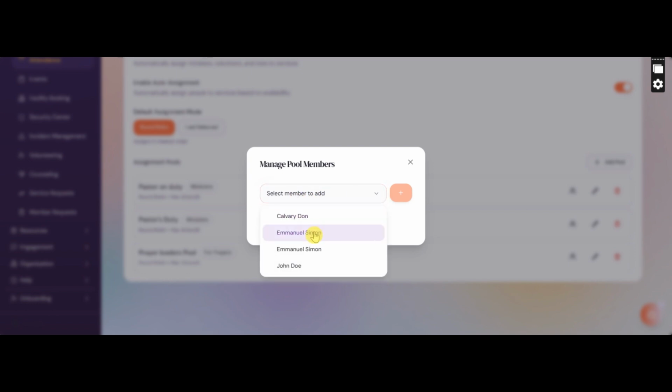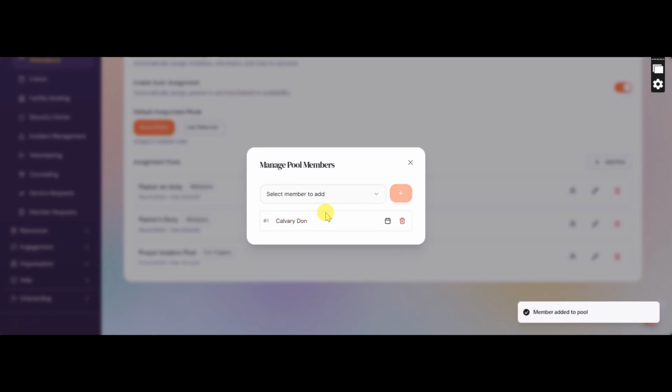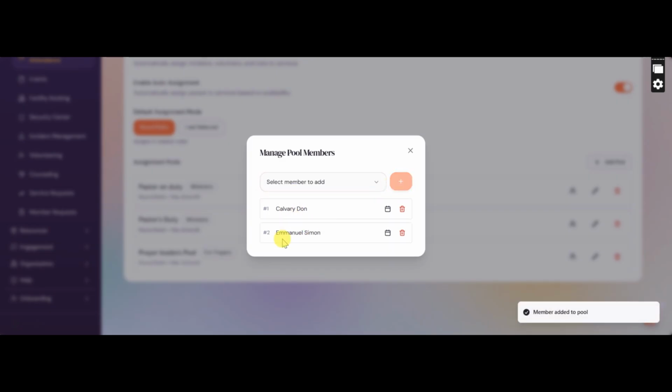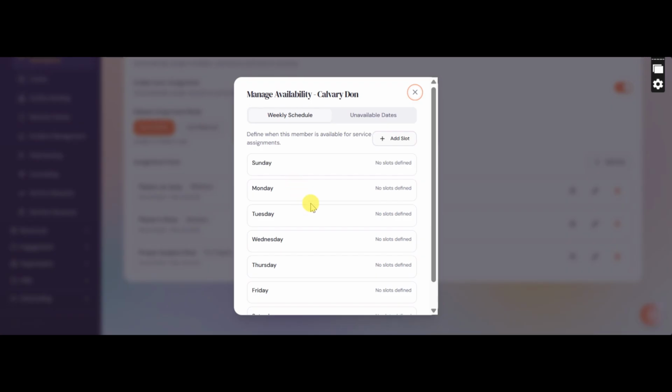In this case you need to select the members who are assigned as pastors. Here you add, that is Calvary Dawn added, Emmanuel Simon added. So I've added those 2,